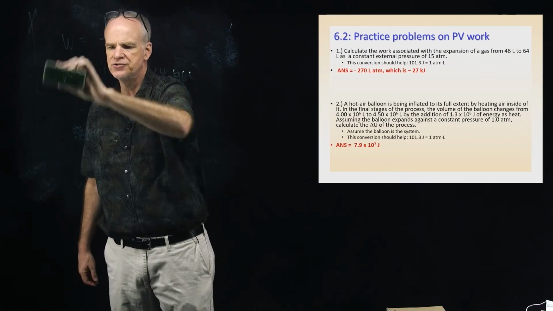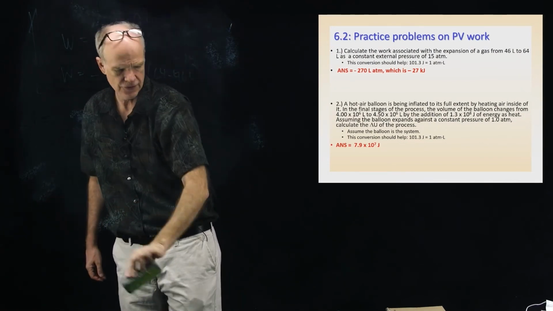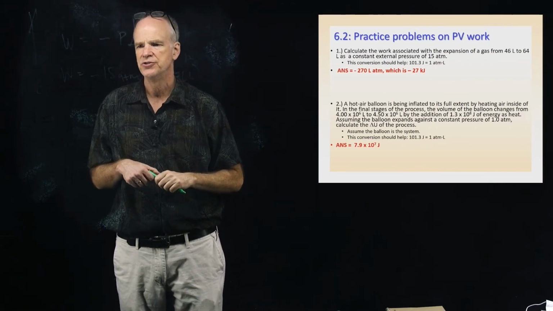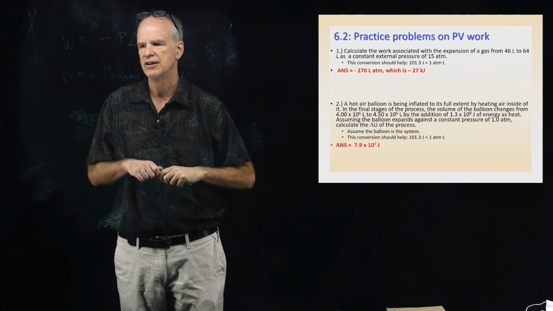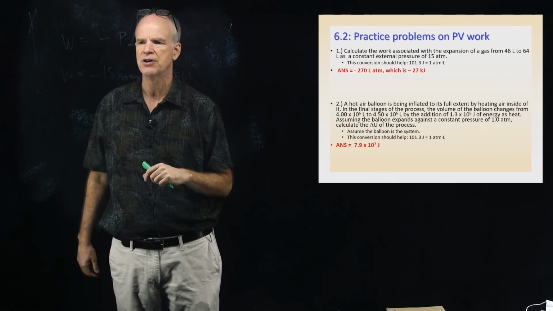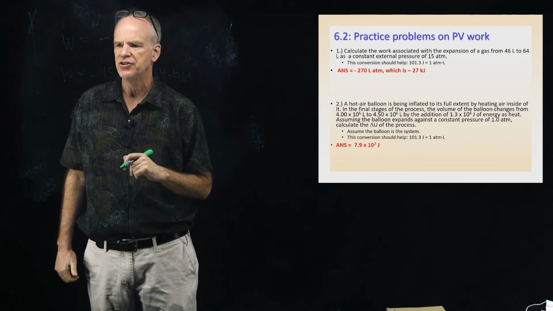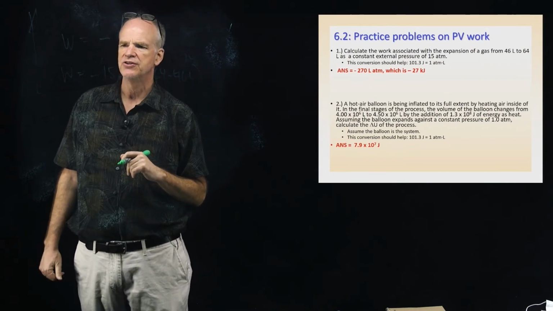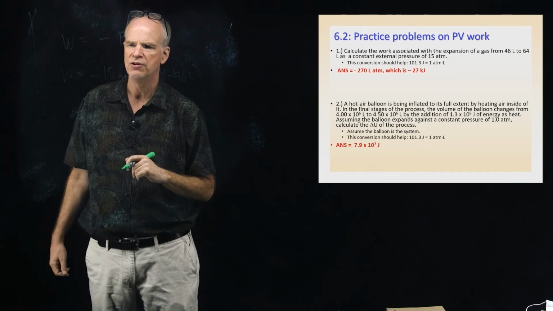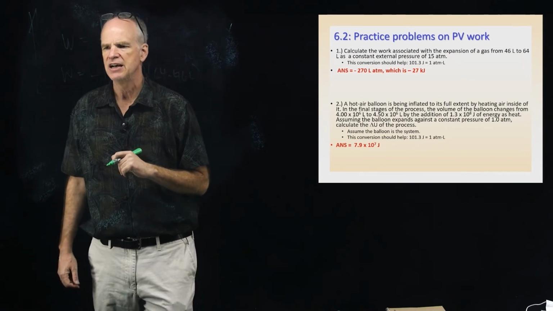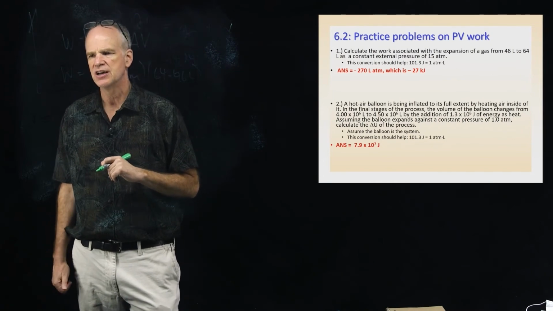Next one's a little trickier. Okay. So a hot air balloon is being inflated to its full extent by heating air inside of it. In the final stages of the process, the volume of the balloon changes from 4 times 10 to the 6 liters to 4.5 times 10 to the 6 liters by the addition of 1.3 times 10 to the 8 joules of energy as heat. Assuming the balloon expands against a constant pressure of 1 atmosphere, calculate the delta U of